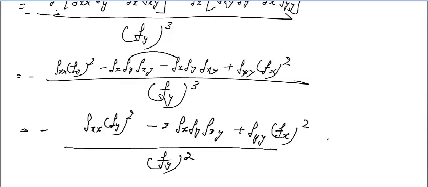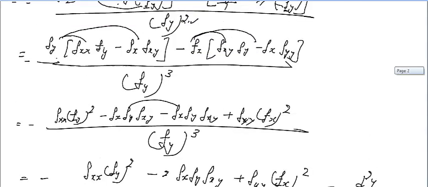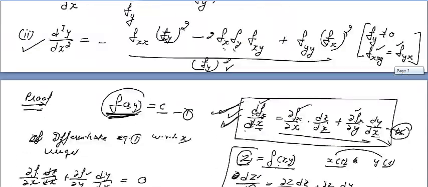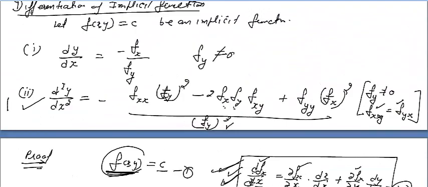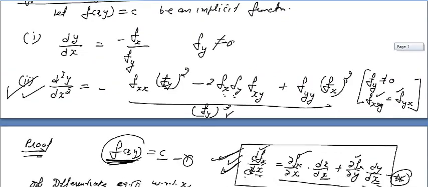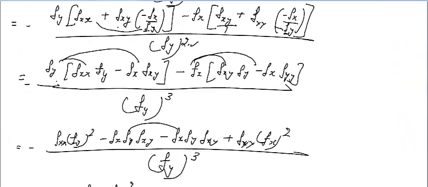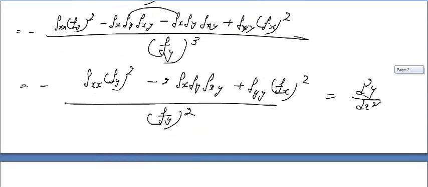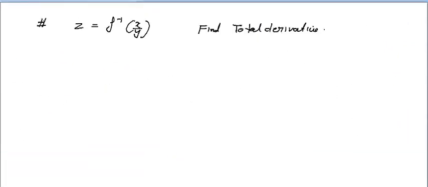So this is the double derivative of y with respect to x. You can see we have proved exactly what we wanted. See it, very easy to prove. Sometimes the examiner may ask for the proof. Correct? So see, this is a very interesting question. You have z equal to a function depending upon x and y, and you want to find the total derivative of z, means you want to find dz.